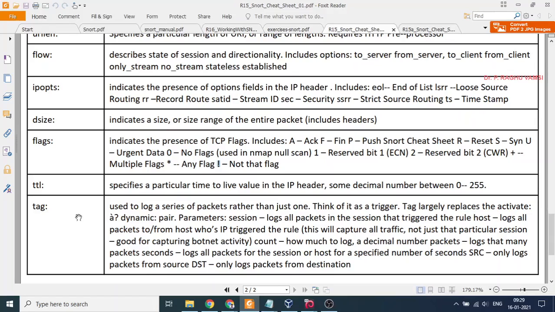Tag largely replaces the active and dynamic pair, with parameters like session, log all packets in the session that triggered the rule, and host, log all packets to the host. Whenever you find certain traffic and want to log all the related information of that traffic, this tag will be used.